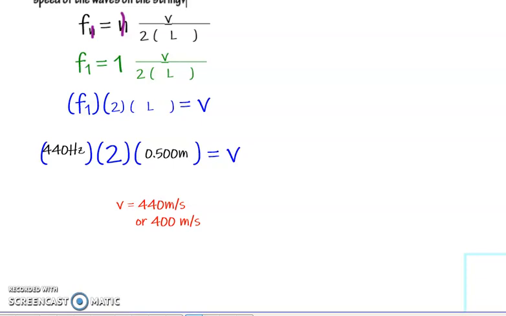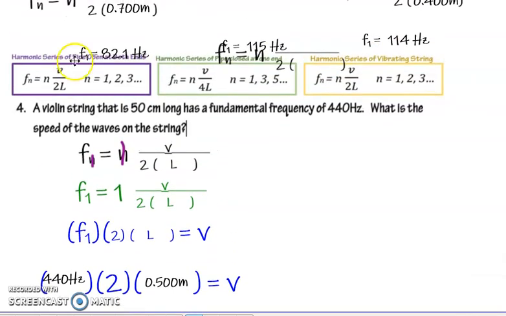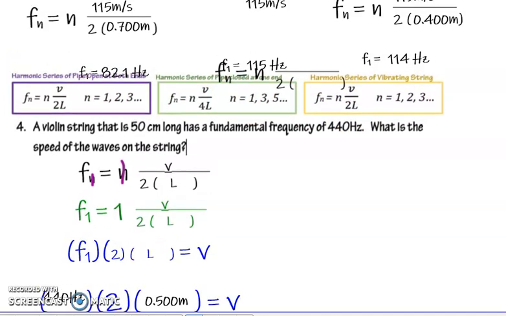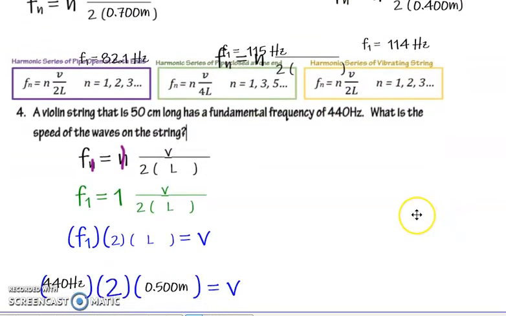Somebody made a comment that the formulas were hard to see. I know they were also typed up in your notes, in that notes packet, so it is there. Put it on your formula sheet. I don't know what else to do to help you with these unless you ask me specific questions. So if you've got any, let me know